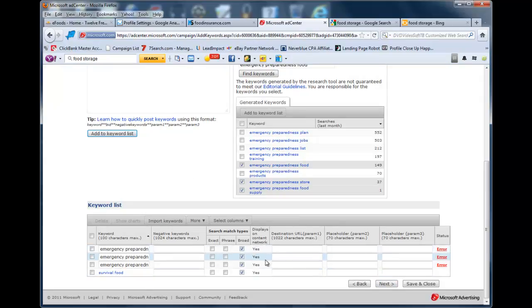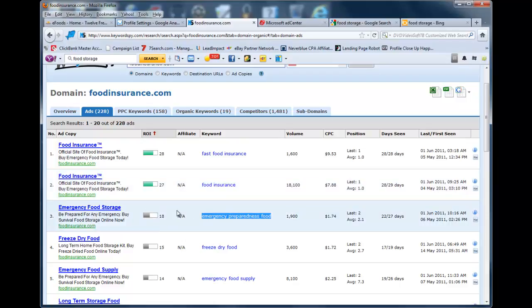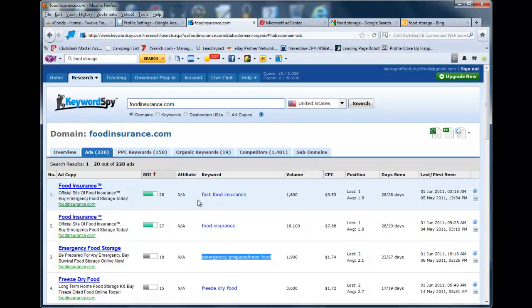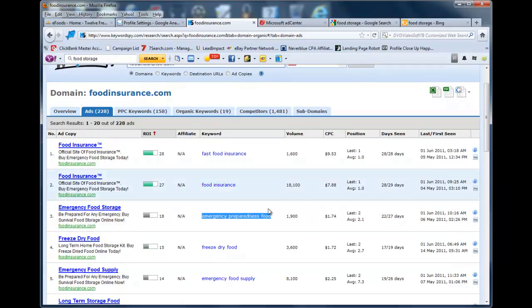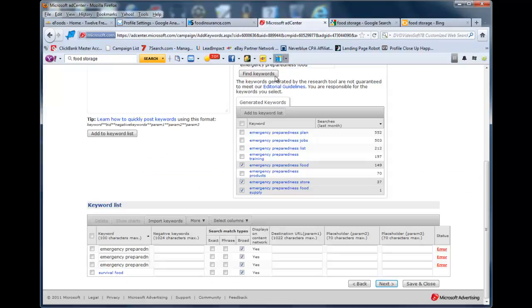So with the dynamic insertion of keywords into your ad, it can create some troubles with the longer keywords. But if you have shorter keywords, it works well. It works well because then you can get that bolded keyword to show up into your ad. And to build a keyword list, that's what I would do. I would find my competitors, I would type them into the keyword spy and see what their best keywords are, and see if those words would work for me. And if they're going to work for me, then I'll try them out and see